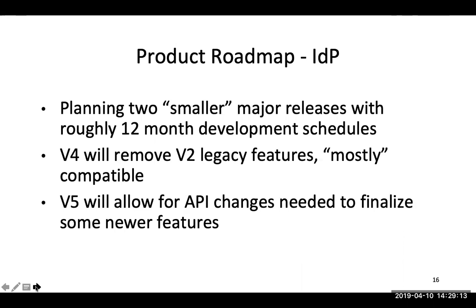There are some public API changes that are undoubtedly going to get made, but they're not things that affect most deployers in practice. They would be things that would affect people that work on real meaty extensions of various sorts. And then the intention is for V5 to come relatively quickly after V4, certainly quicker than we have in the past. And the intention is so that we can make API changes again in order to finalize some of the newer features that might get added to V4.